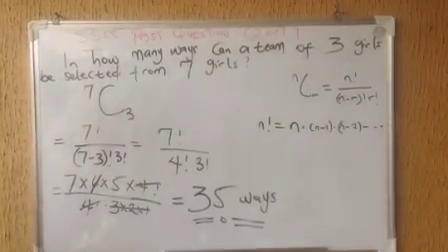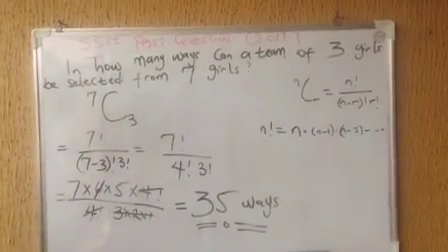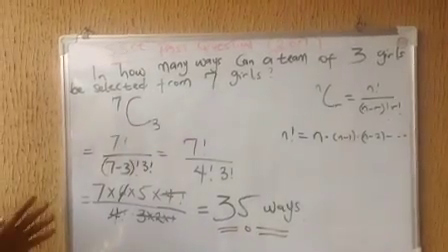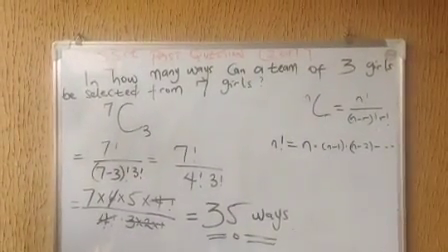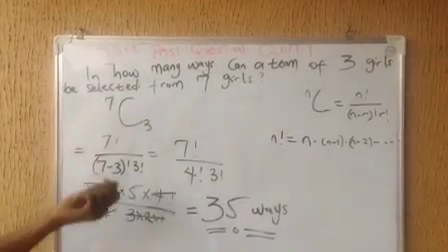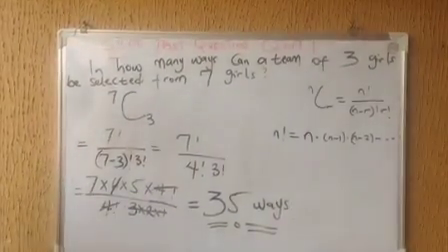This is a very simple question. Sometimes we are given a restriction that we must make sure that 2 particular girls must be among the selected girls. Then it's a different case entirely. If you are asked to select a certain number of girls from 7 girls, with the restriction that 2 particular girls must be in that team, then there's a different way of solving that, because